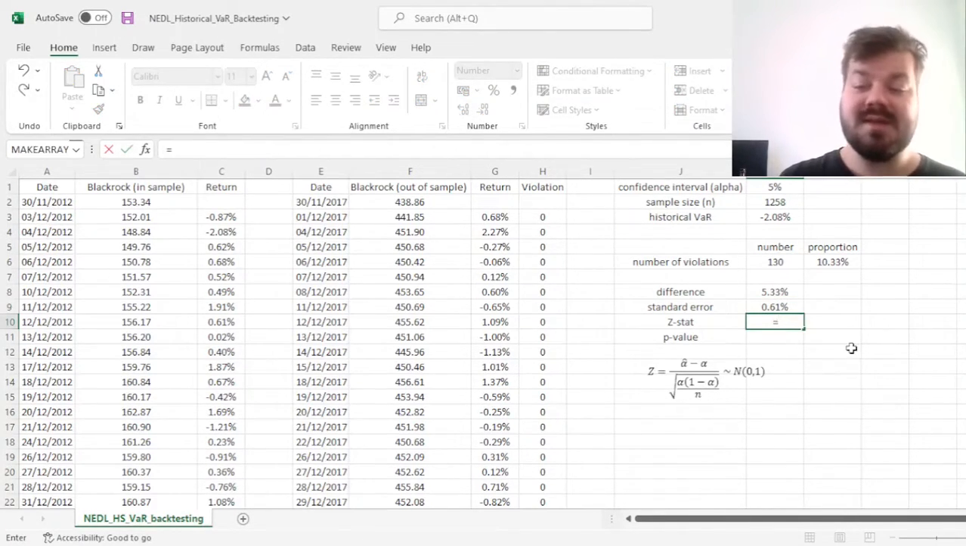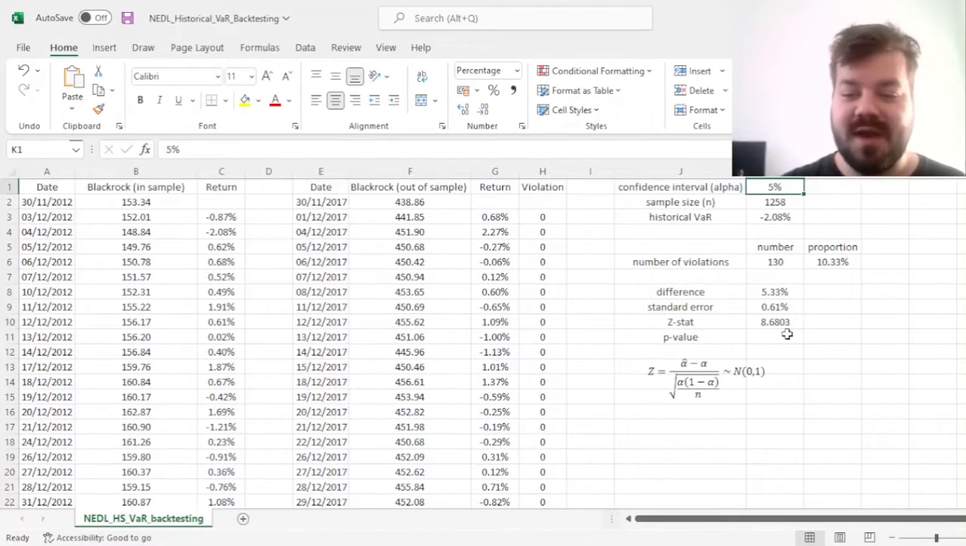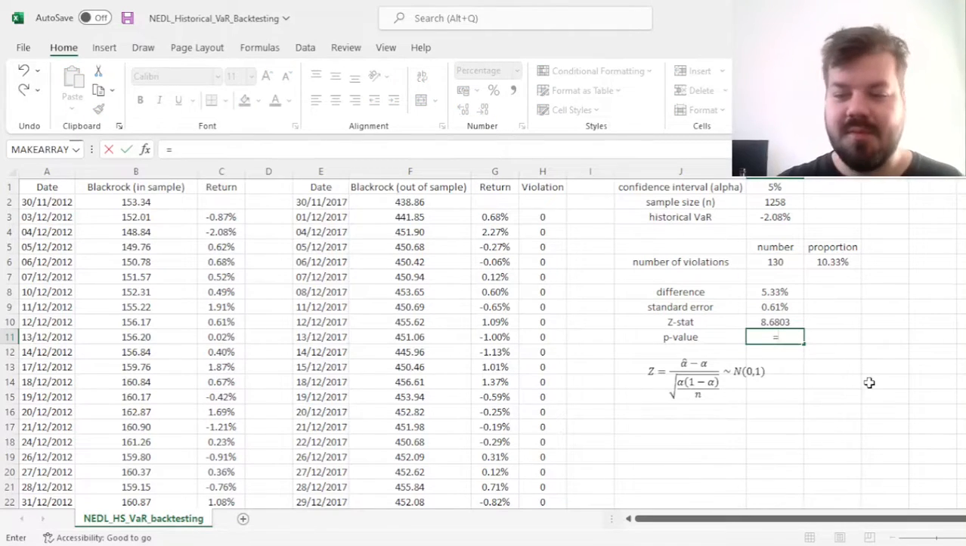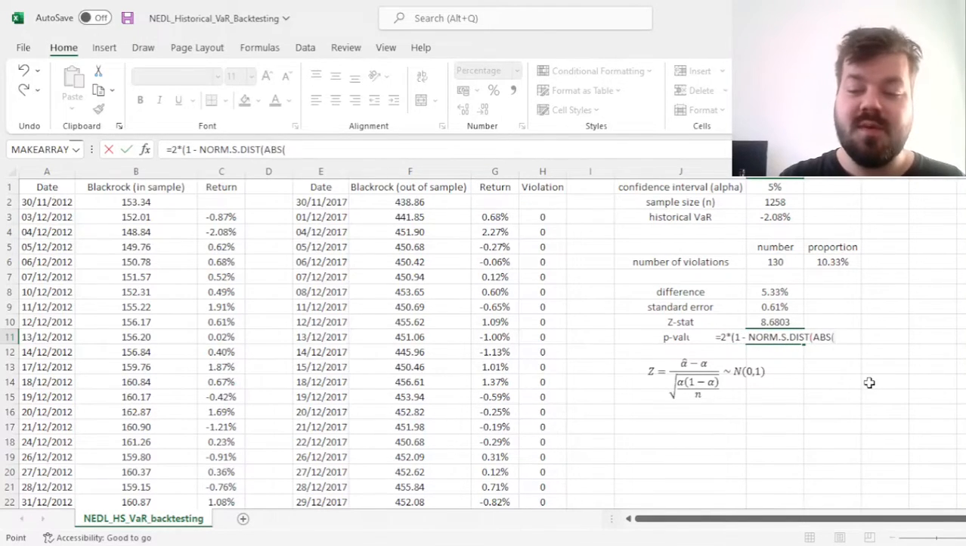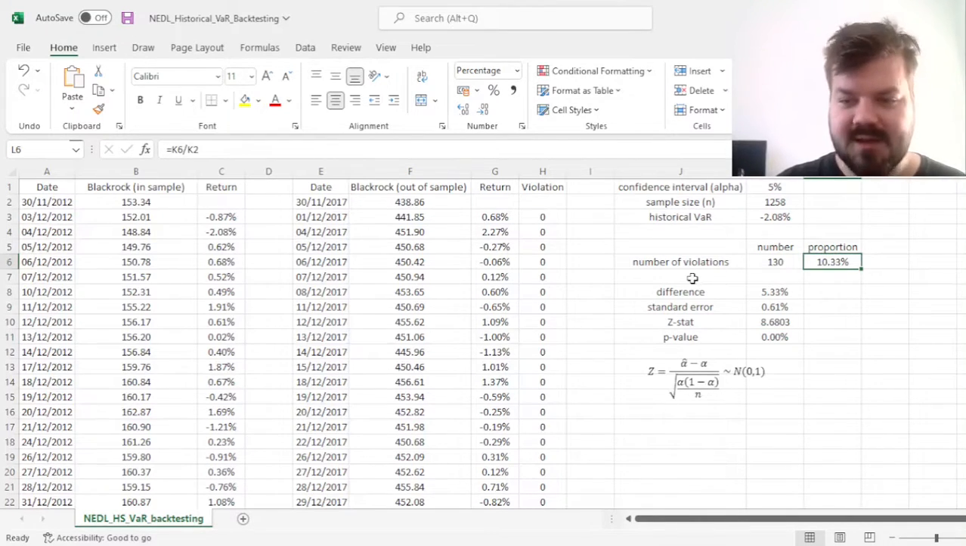That allows us to calculate the z-stat, which is our difference divided by the standard error. So we can see that we're almost 9 standard deviations above the expected proportion of violations. And to perform rigorous statistical testing, we can use a two-tailed z-test, put in a standard normal distribution with an absolute value of the z-stat as the argument and 1 for cumulative. And that would return a p-value that's very close to 0, meaning that it's almost certain that